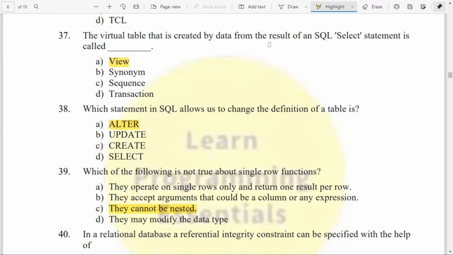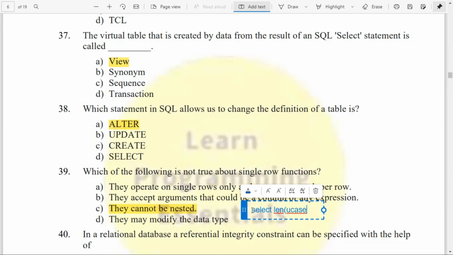For example, if I just want to find the length, you can have a select, using upper case, or length of upper case of hello.